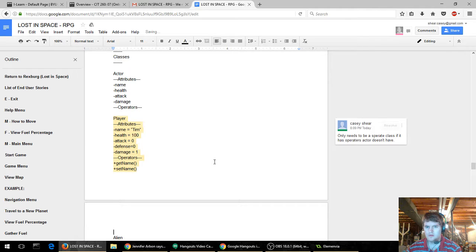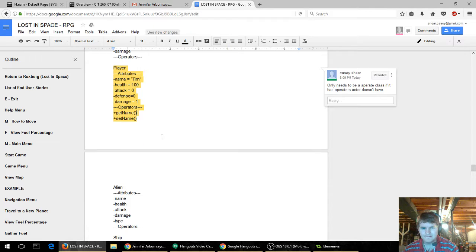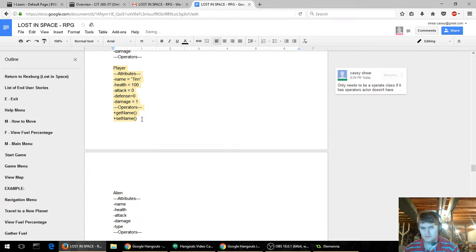Now, let me give you a tip on your operators. So you've got a getter and a setter on the name attribute. I know in the UML they want to capture all of those, but in a professional setting, that's just noise. Okay. So the problem is Java doesn't have the notion of properties built into the language, like Visual Basic